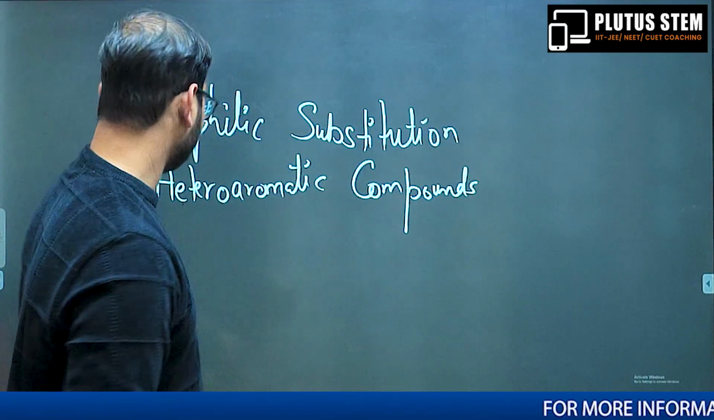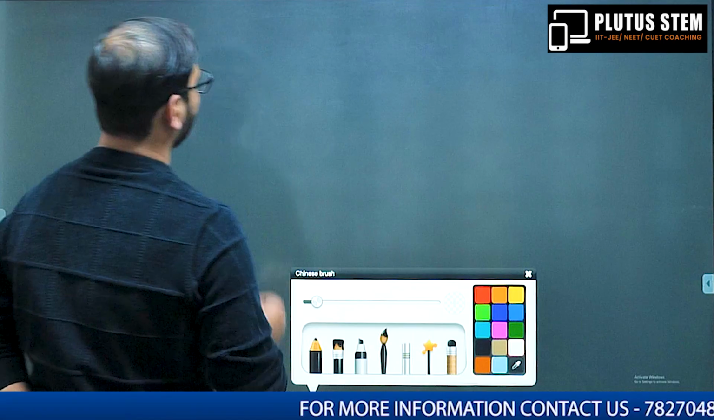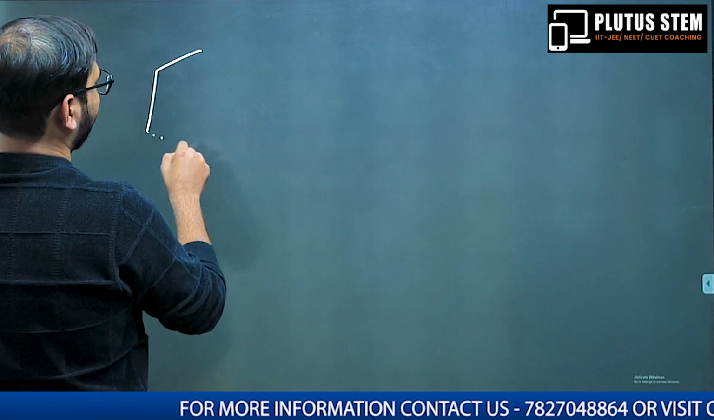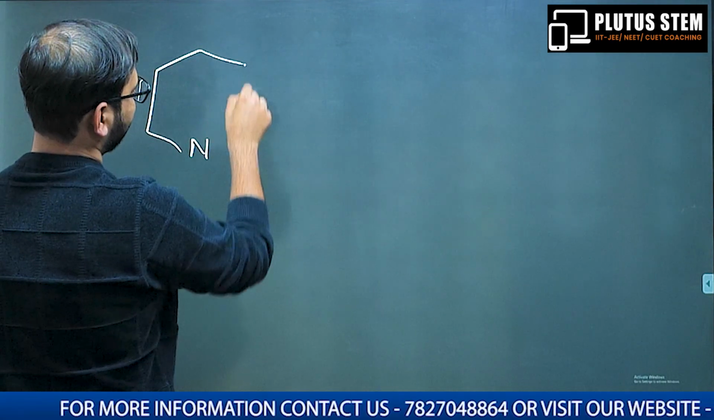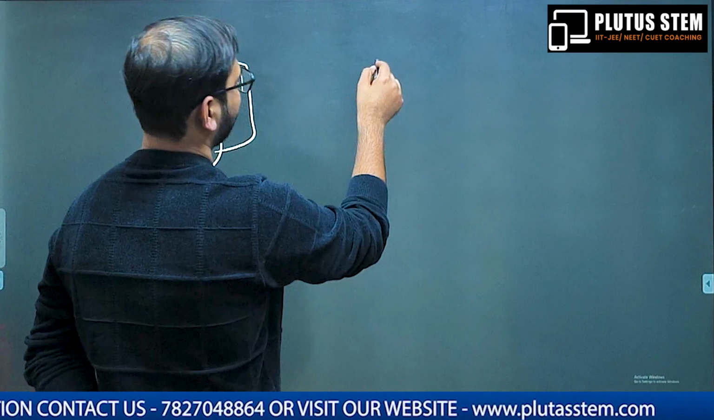Today we are covering nucleophilic substitution reactions in case of heteroaromatic compounds. So, what are heteroaromatic compounds? Heteroaromatic compounds are all those compounds which have a structure similar to benzene, but they contain a heteroatom which is other than carbon. For example,